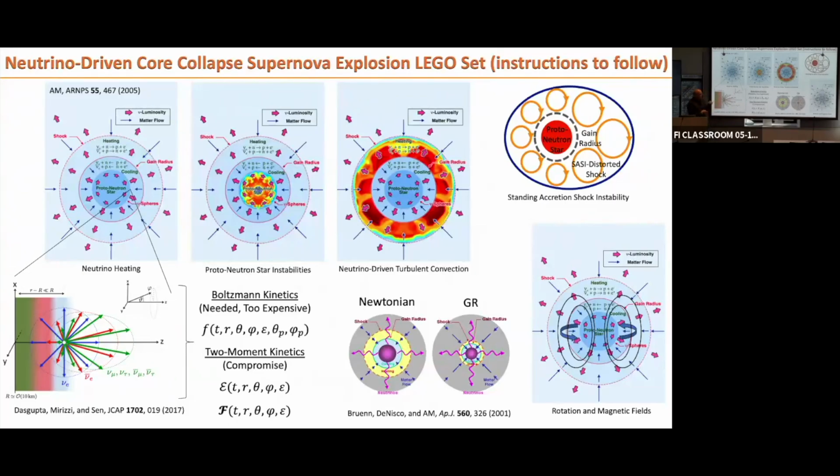And the turbulent stresses have an isotropic component and an anisotropic component. The isotropic component of the turbulent stresses is like a thermal pressure, and the magnitude of it rivals the thermal pressure. So now we have the thermal pressure from neutrino heating. We have the